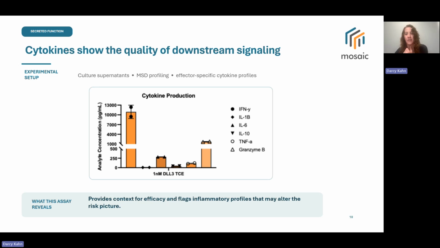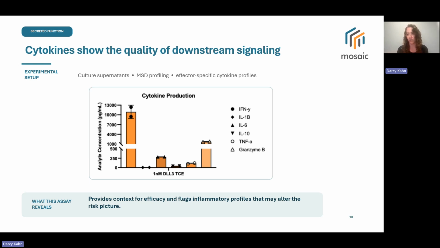Okay, now on to cytokines. So this one matters a lot because it's telling you about both efficacy and also speaks to risk at the same time, right? So what we do in this assay is we quantify cytokine secretion from cell culture supernatants. Our platform is multiplexed using MSD, which is Meso Scale Diagnostics, and we do this following the T cell engagement driven